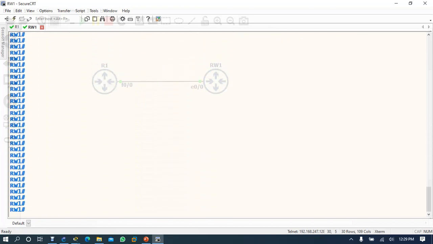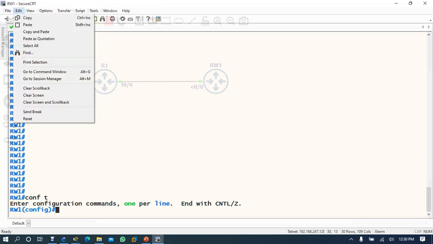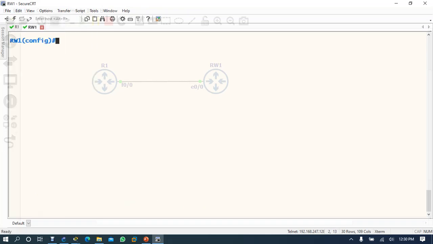So let's come to the alias. Okay, conf t. See, there is a lot of flexibility in this clear screen. Now I came here, but this is not in Packet Tracer. Now you type here alias exec. I can type save.